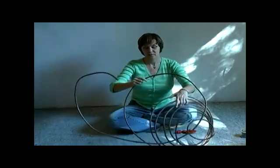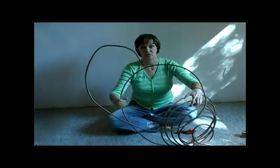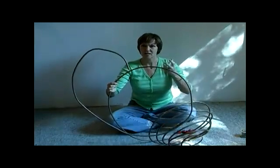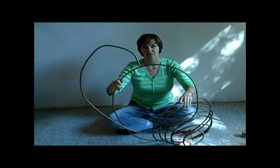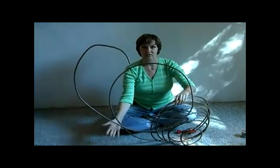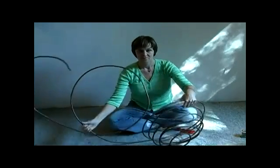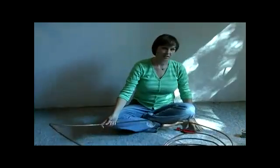I don't want to make it completely straight because we're going to end up using some of the curl that it's already got. And the more you bend it, the more kinky it gets. So I like to be very careful and not bend it too much so that the nice curve that it comes with stays there. So I'm going to unravel some of the tubing depending on your design,